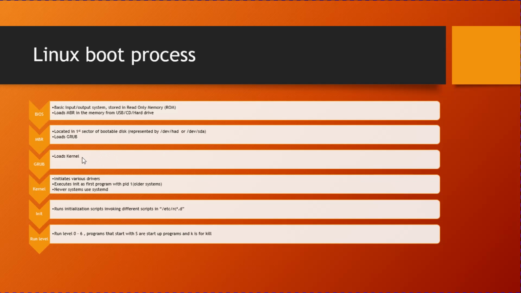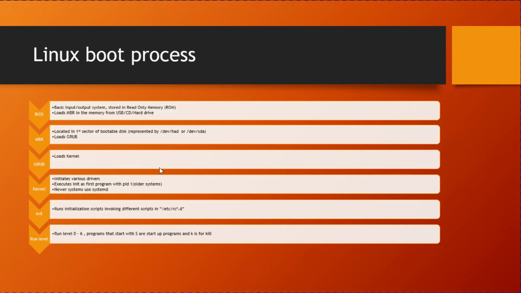Now this GRUB loads the kernel into the main memory. In case you have multiple operating systems installed on your computer, this GRUB will also show you a splash screen which will ask you to choose which operating system you want to load, and based on your choice will load that particular kernel. For example, if you have CentOS and Ubuntu installed on your machine, GRUB will show you a splash screen asking, do you want to load CentOS or do you want to load Ubuntu? And let's say you've chosen Ubuntu, it will go and fetch the Ubuntu kernel and load it into the